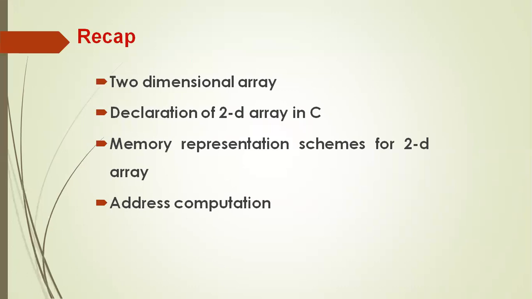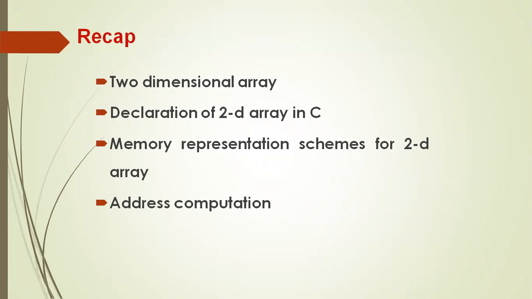But the difference between a one-dimensional array and a two-dimensional array is that in the case of a one-dimensional array, every element in an array is accessed using a single subscript called i. For example, A of i. Whereas in the case of a two-dimensional array, each and every element of the array is accessed using two subscripts, i and j. The i denotes the row number and the j denotes the column number. Both the subscripts in C language start from 0.